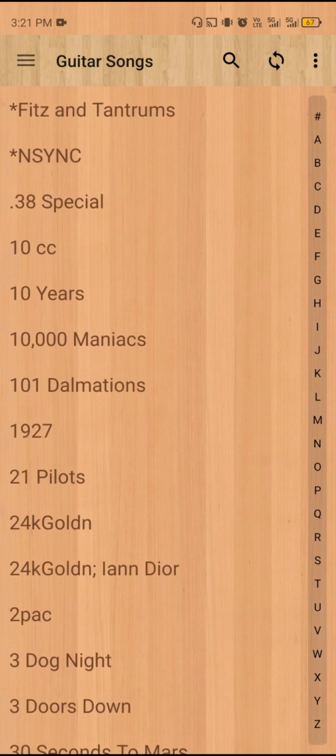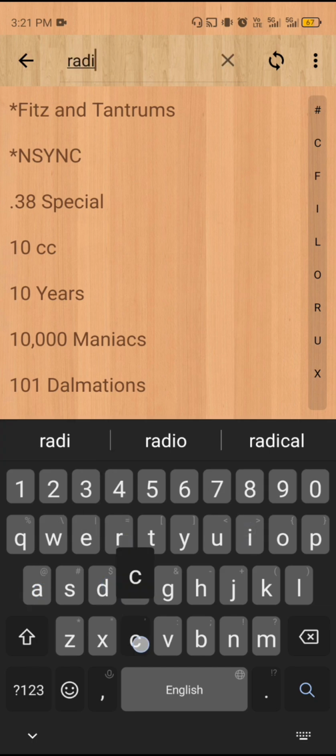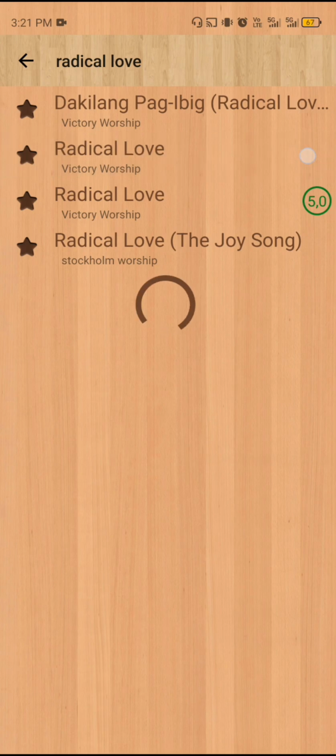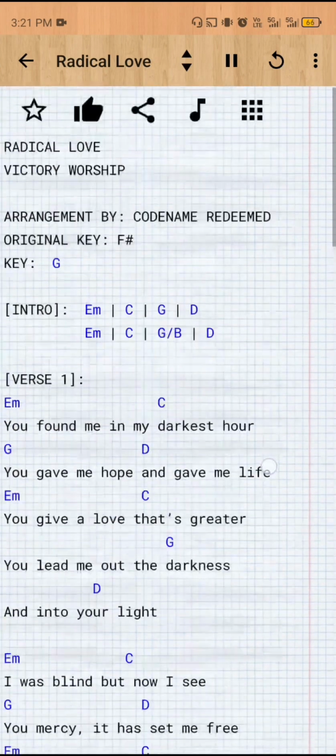So you still need to manually find the songs that you want, the lyrics and chords. Let's take Radical Love for example. It's a Christian song by Victory Worship. It's actually one of my favorite Christian songs.